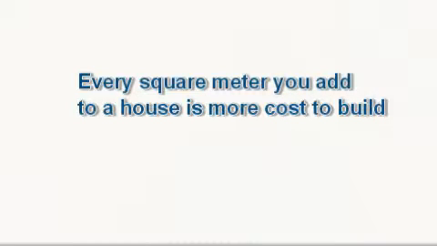Some of those things will become needs, and silly things like, yes, I need a kitchen, well, that's a need, but, you know, do you need a rumpus room 7 metres by 7 metres? Could you be satisfied with a rumpus room 4 by 5 metres or something like that? So every square metre, remember, you add to a house up front at the planning stage is more cost to build. It's a direct correlation between size and cost to build.